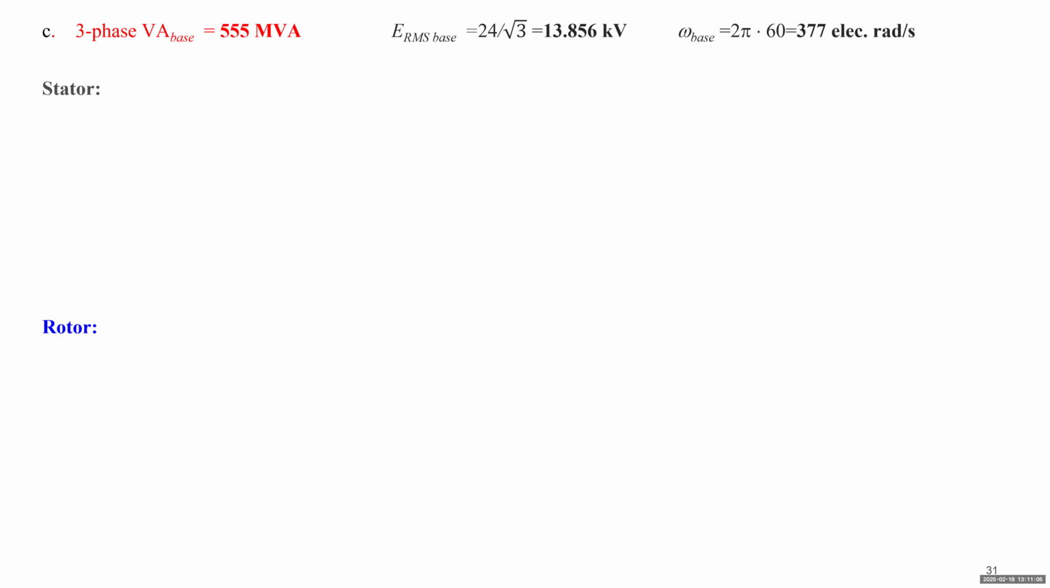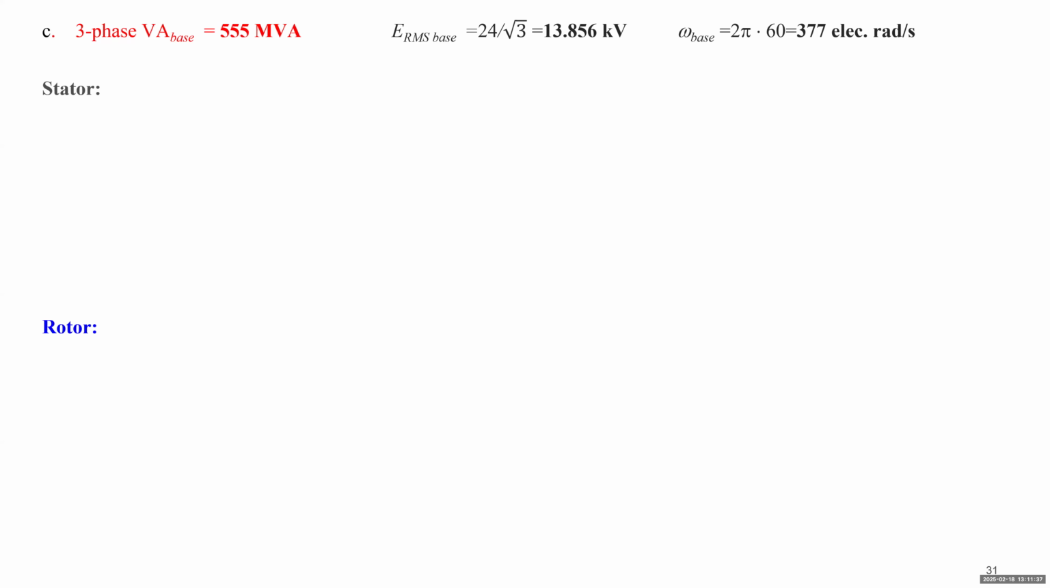Okay, next we want to calculate other parameters. Then we calculate the per unit values. So we need three bases. For the stator winding, we need a three-phase power base, a voltage base, the peak instantaneous voltage base, and the current base. But so far we only have the three-phase power base, which is 555 MVA, but we do know the